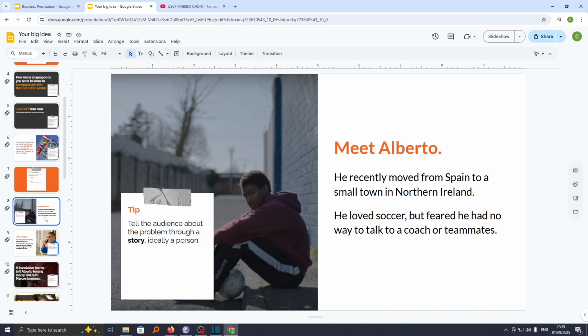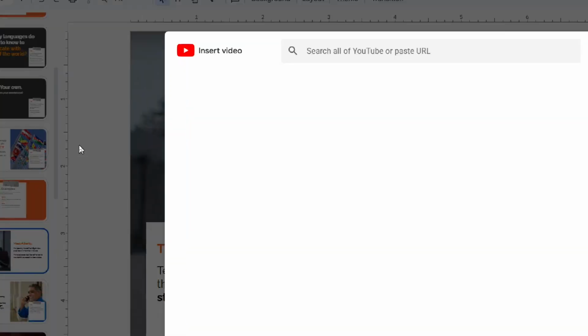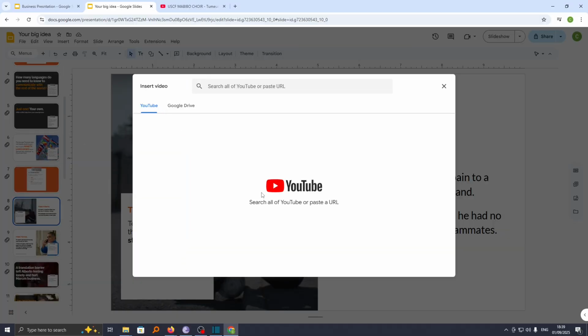Now for you to add video music or video track, it is also the same. Just head over to the slide that you want to add and then click on Insert and go to video here, and then say the video that contains that audio track or background music is on YouTube. Go ahead and choose YouTube here, or if it is on your drive, you can also go ahead and click